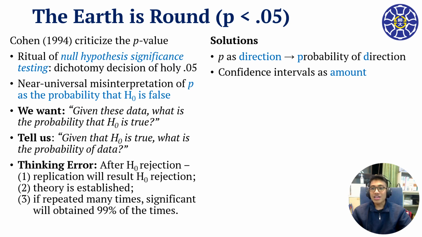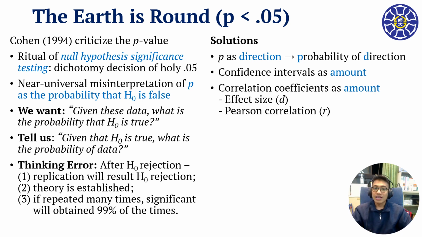And then another one, we need to have a confidence interval as the amount, not only direction. We need to have amount. Like in physics, we have 10 centimeters. In statistical research, we need to have direction and amount: how much, in which direction? That is why Cohen says we need to have a confidence interval in our research. And then the next one is the correlation coefficient as an amount also. So effect size also needs to be calculated and put in our research, or percent correlation to show some correlation coefficient. And also the solution from Cohen is to use graphic methods.